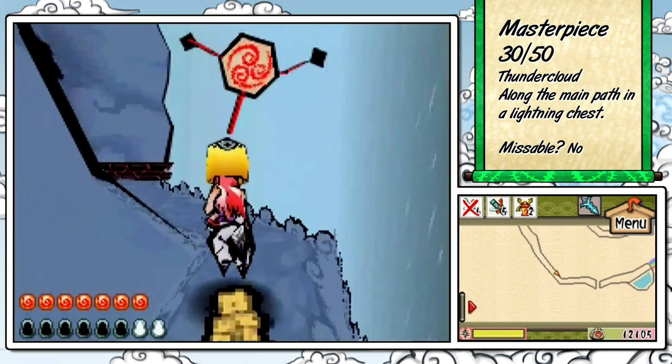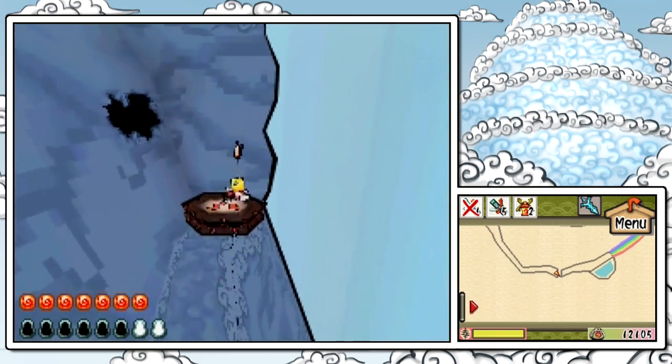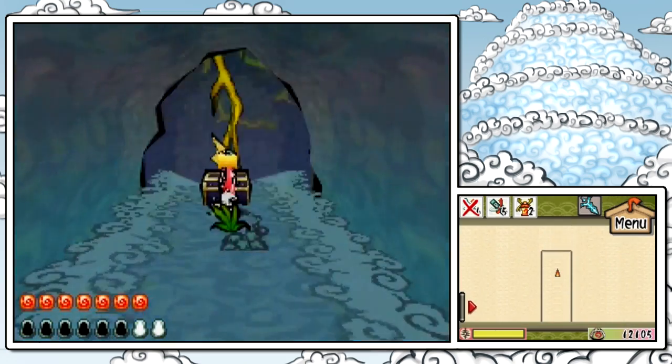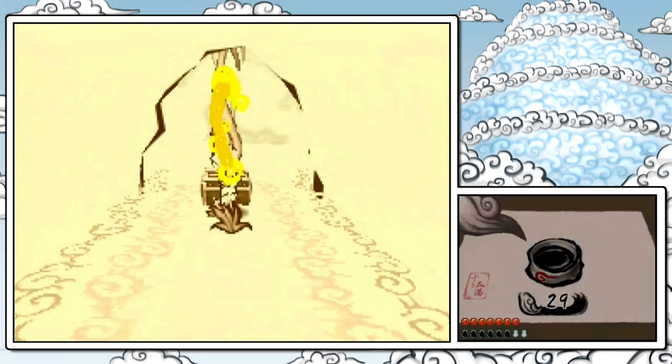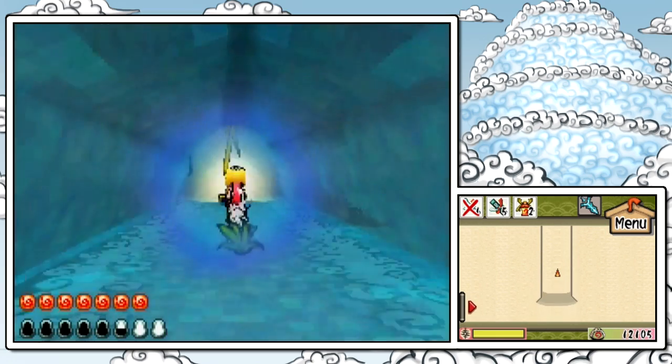Right there, we have an Eastern Masterpiece Part 3. We want to go ahead and grab that because, of course, the masterpieces are the most important collectible of all. In this really cool-looking cave, we have, sadly, an extremely pointless collectible, which is...